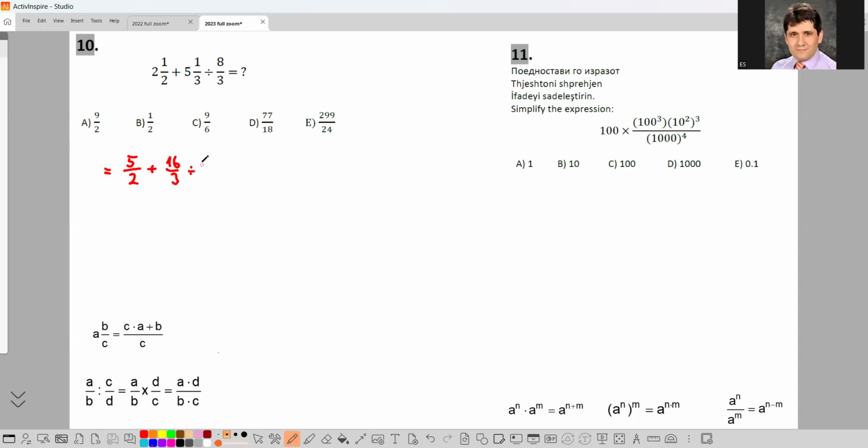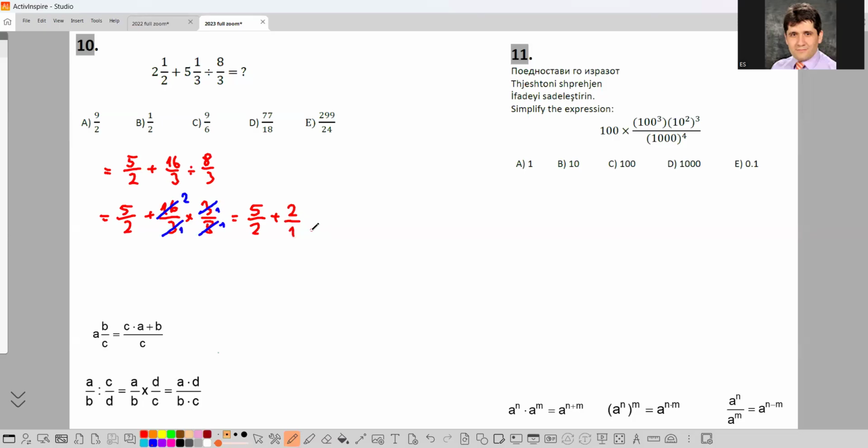16/3, divided by 8/3, which makes 5/2 plus 16/3 times, the second fraction flips, 3/8. Here we can cancel this, and this cancels out. This and this cancels out. Here it's 2, here it's 1. Of course, these ones are also 1. Now what's left is 5/2 plus